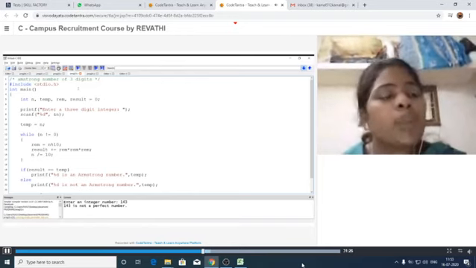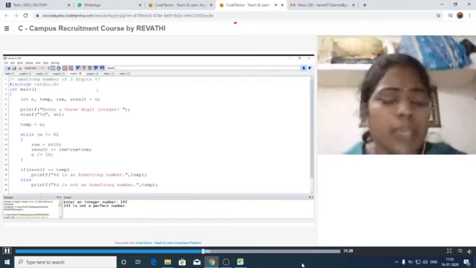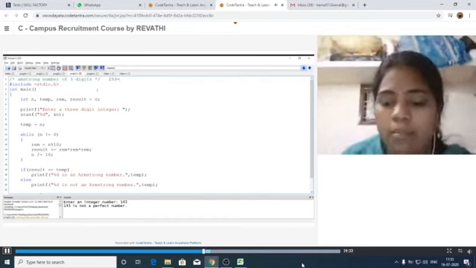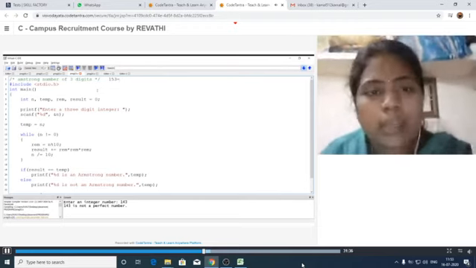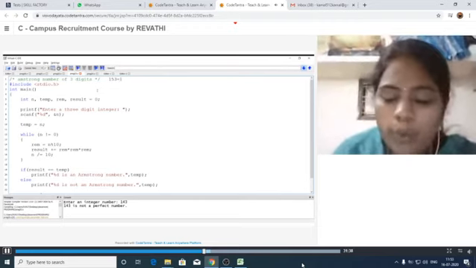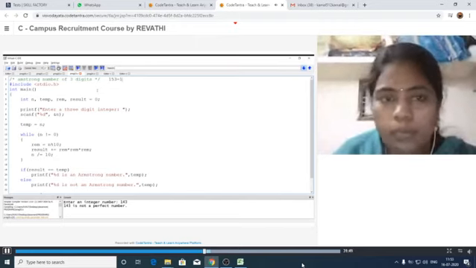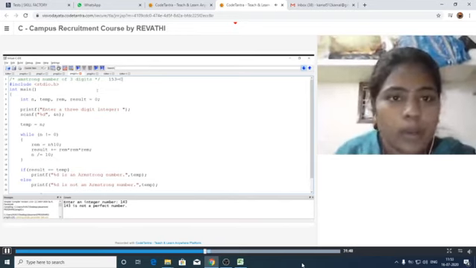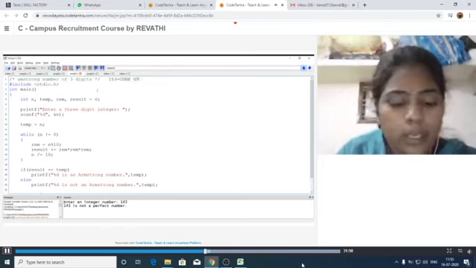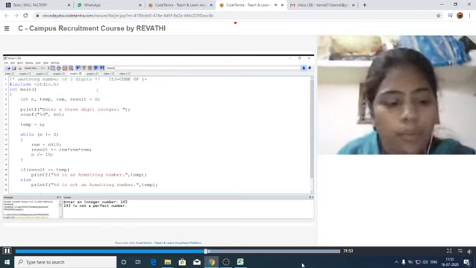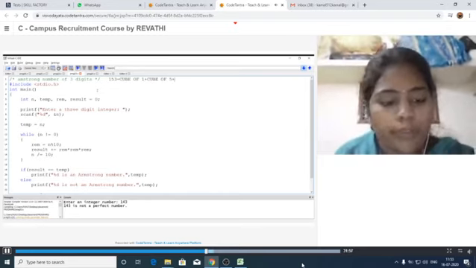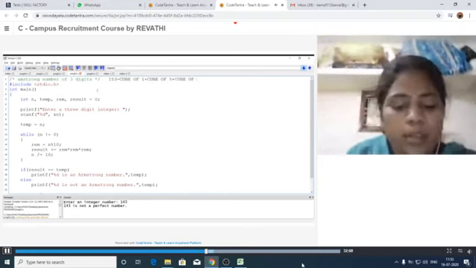given number. For example, I am taking 153 as the number. Next, sum the individual digits' cubes. You have to write down the cube of 1 plus cube of 5 plus cube of 3.